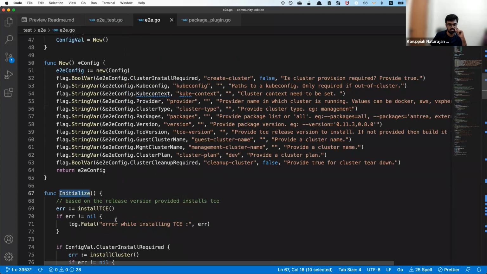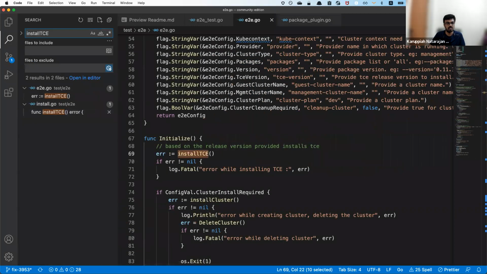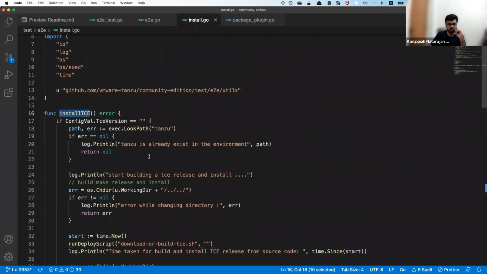Initialize. So there is an install TCE thing where you can install TCE. Let's see where that is. So it checks if Tanzu is already there and then starts building a TCE release.